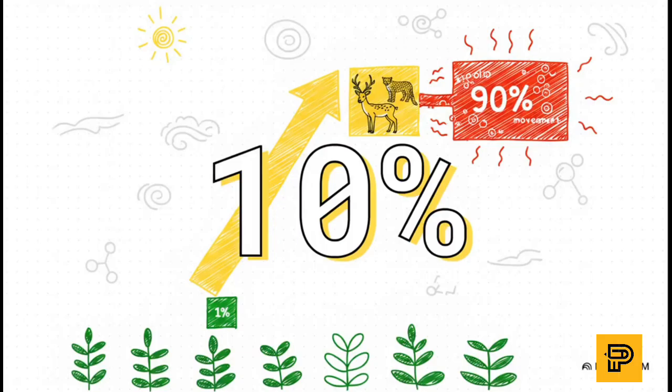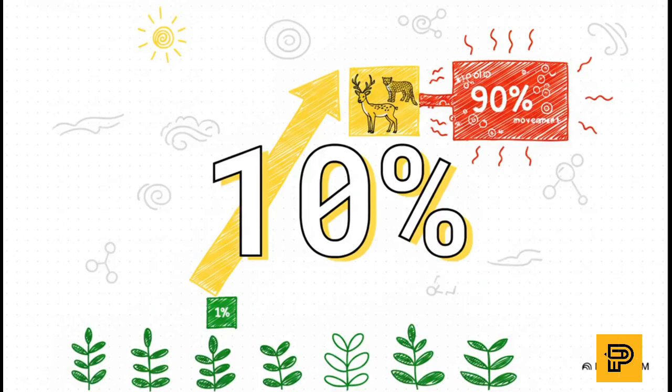But there's a massive catch, something known as the 10% law. As energy transfers from, say, a plant to a deer and then from that deer to a leopard, only 10% of the energy actually makes it to the next level. Think of the other 90% as this incredibly heavy biological tax. It just gets lost as heat, or it's burned up by the organism just trying to stay alive and go